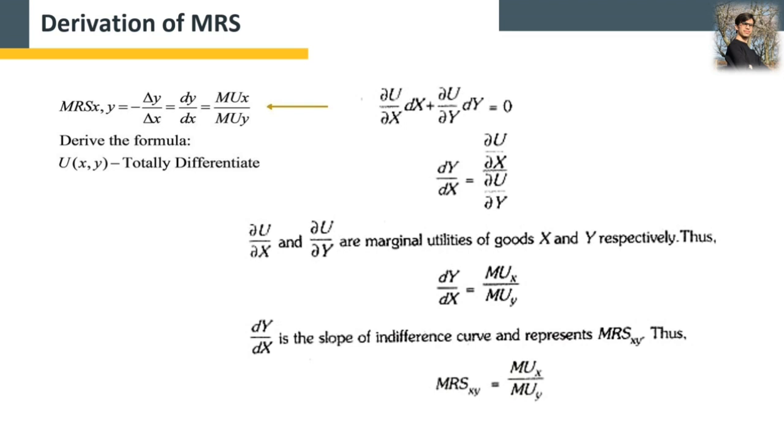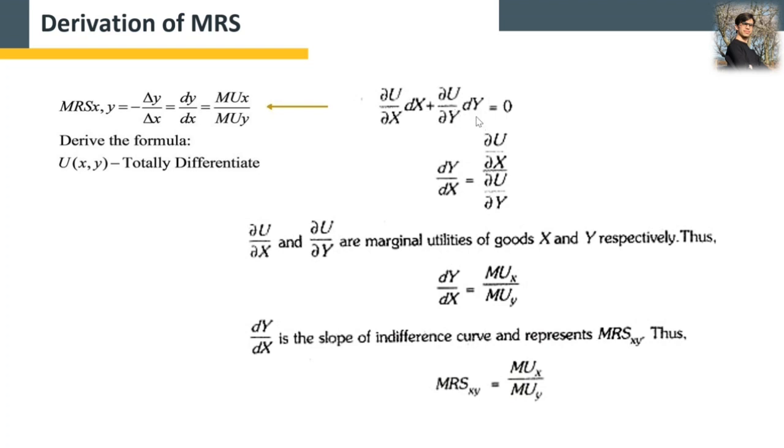So for du, we have 0, so we simply write 0 here, because the change in utility is equal to 0. Then du, which is equal to 0, is equal to the partial derivative of utility with respect to x multiplied by the change in x plus the partial derivative of utility with respect to y multiplied by the change in